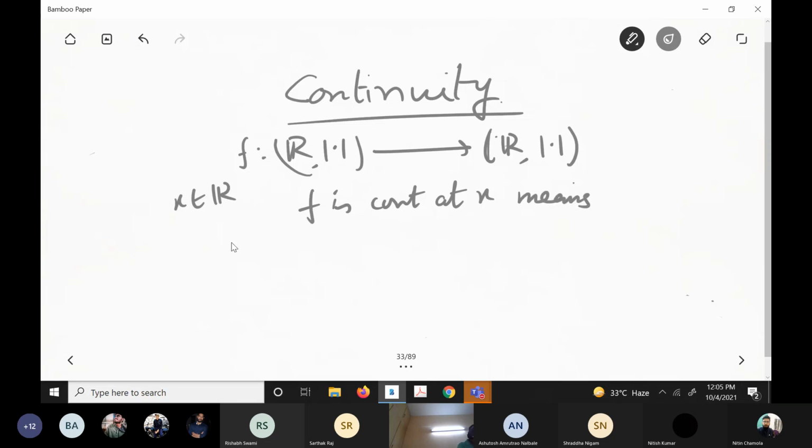Look, given epsilon, that means you choose any positive epsilon,